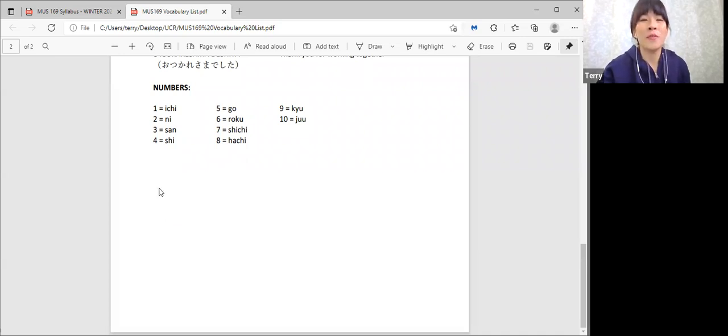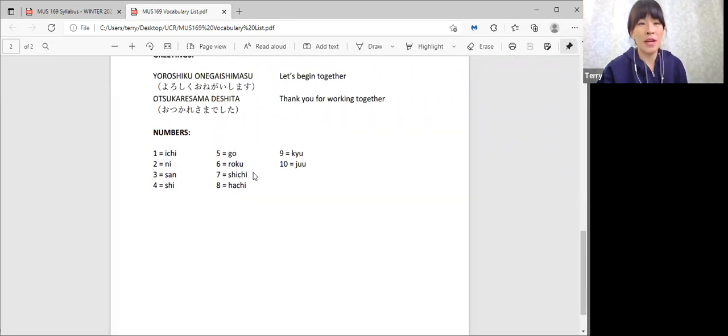And just going through the numbers, again, I'm just going to read through the numbers and then you can repeat after me. So make sure that you memorize this as well. Okay, so starting with number 1, it's ichi, ichi. Number 2, ni, ni. Number 3, san, san. Number 4, shi, shi. Number 5, go,